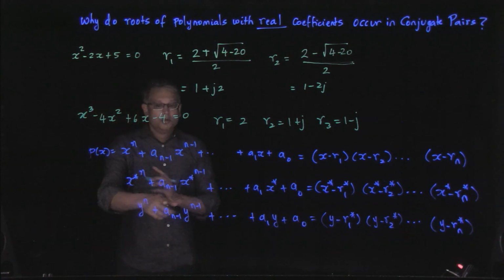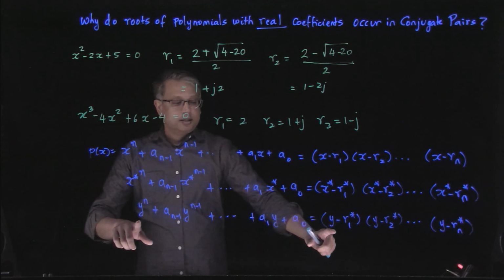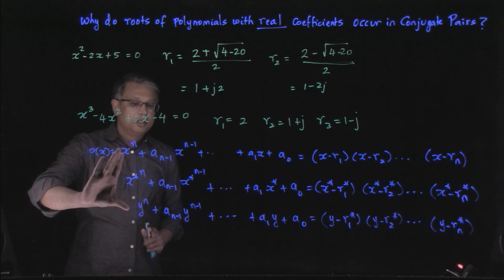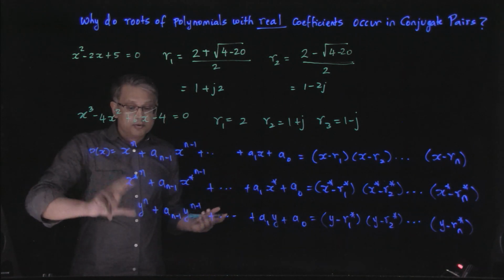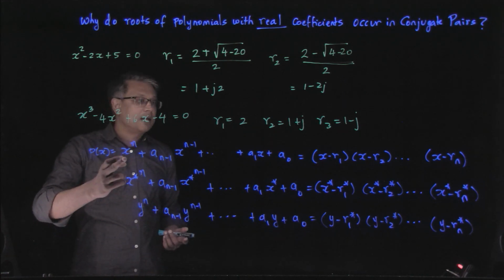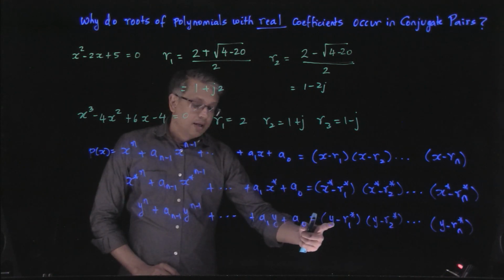Now notice that y is just an indeterminate, right? x and y are just variables. So if I look at these two equations, you can see that these two equations are exactly the same. So I could just replace y with x and I would have exactly the same equation here. And what that tells me is that